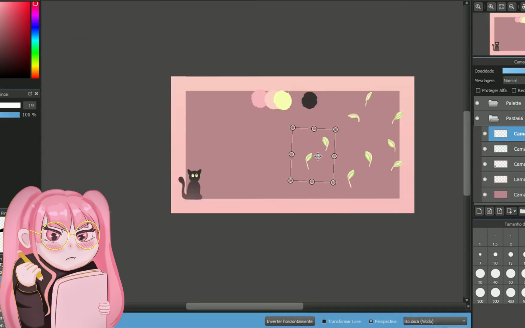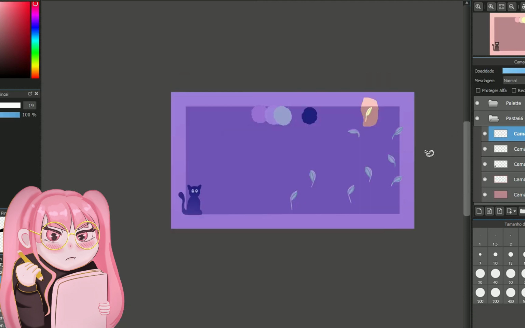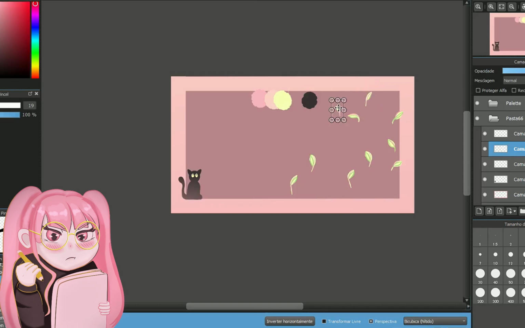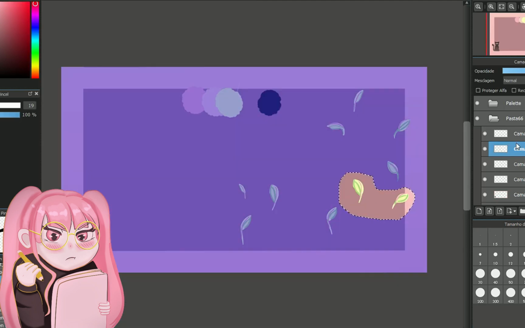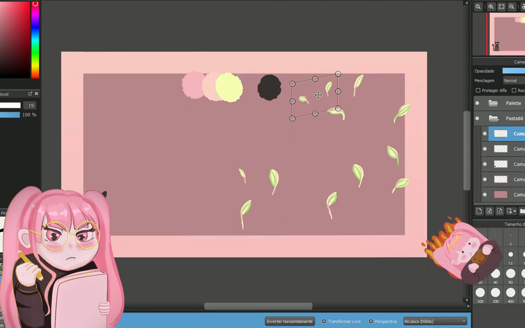Just copy pasting them so I don't have to draw them all, modifying them, different sizes, different shapes, just filling the blank space for what I imagine in my head. A secret, I don't really know what I imagine. I'm not sure what I'm looking for there, but I'm just going with my guts.